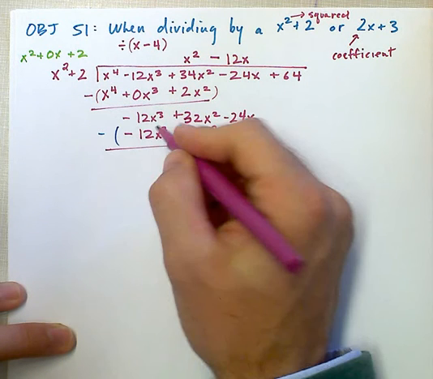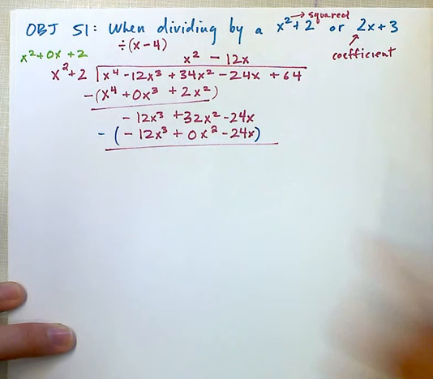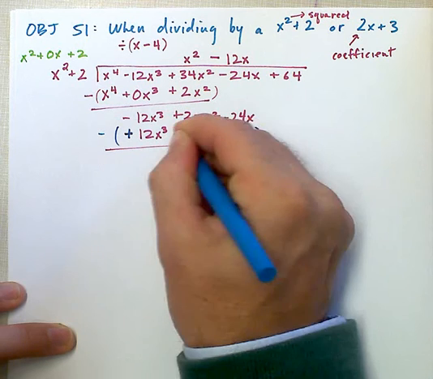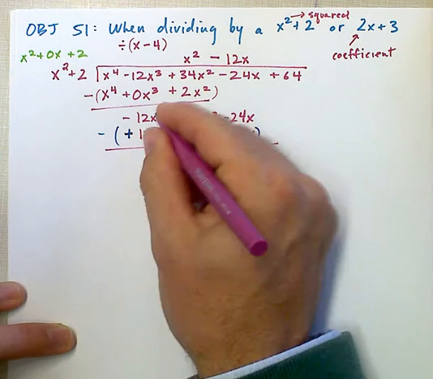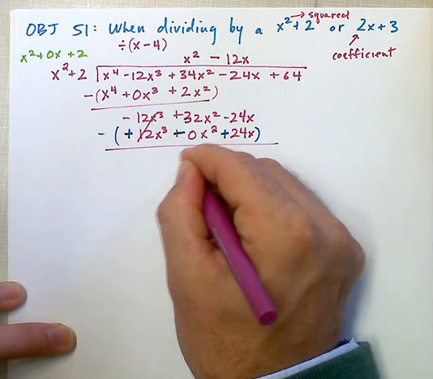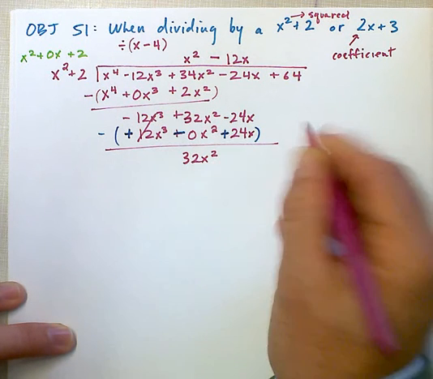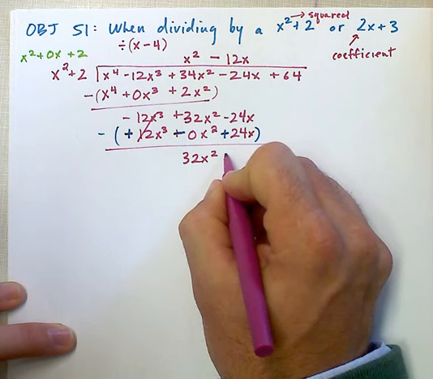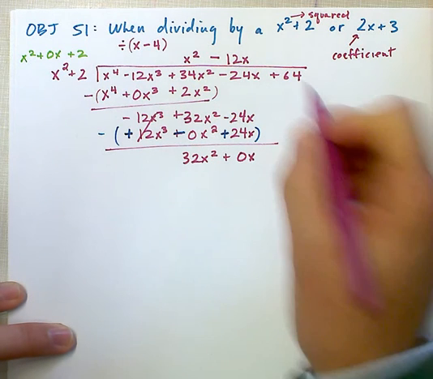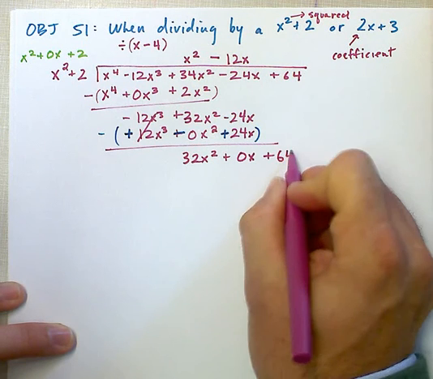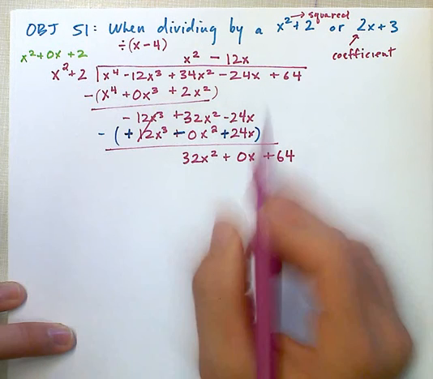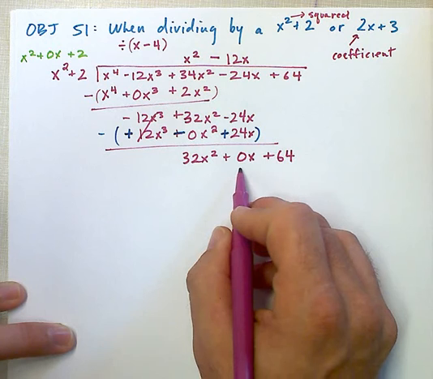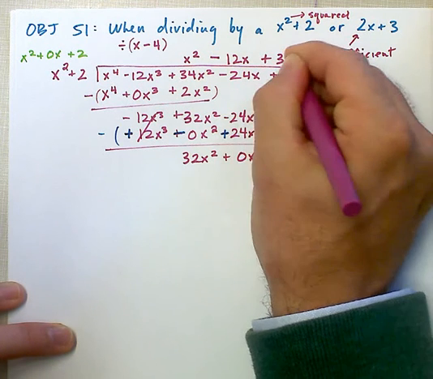These cancel out. This becomes a positive, this becomes a negative, this becomes a positive, and then I have a 32x squared plus a 0x. Basically, this is canceling out. And here's my 64. I like this 0x here because I know I'm going to have a placeholder, and I know I'm going to have a 0x to match up,